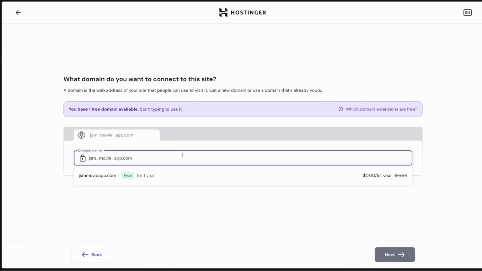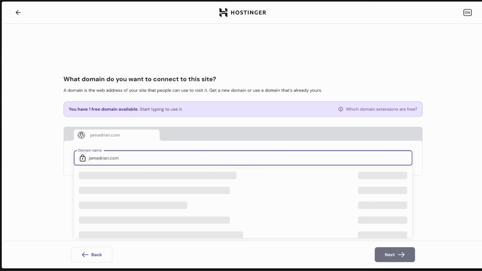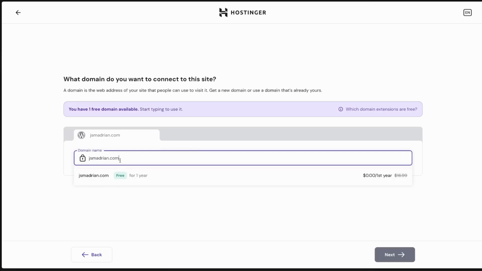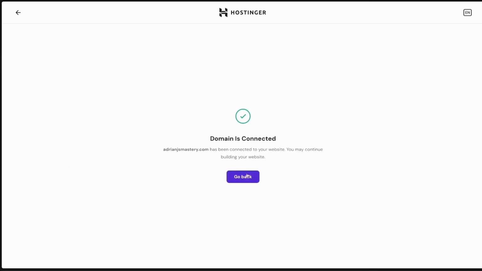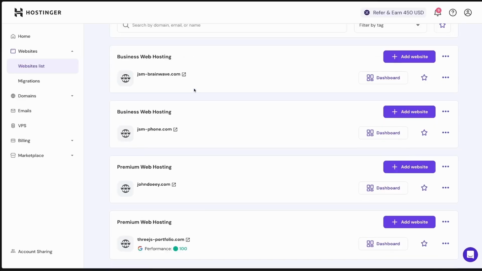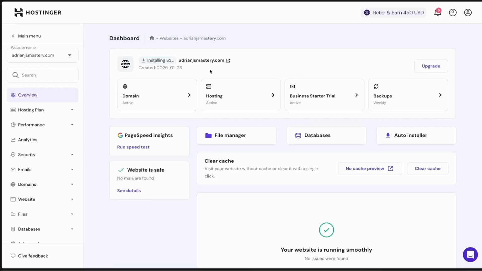But what I would recommend is getting the domain name for your portfolio instead. So something like your first and last name, .dev or .com, like jsmadrian.dev, or .com is even better if it's available. With that domain, you would have one single place for your portfolio, and you would be able to put many projects on there. So in this case, I can go with something like adrianjsmastery.com, click next,